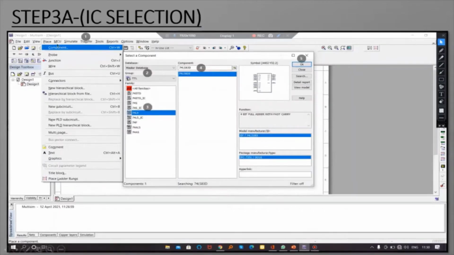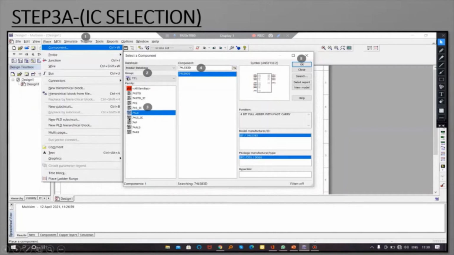Step 3, we have IC selections. In this case, we are using 2 ICs, so I have separated step 3 into A and B. Let's see them. As I already told you, Place, Component, but from the group, you have to select TTL for all gates and logic circuits.